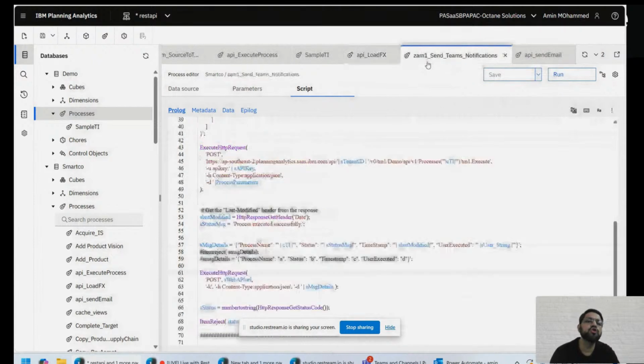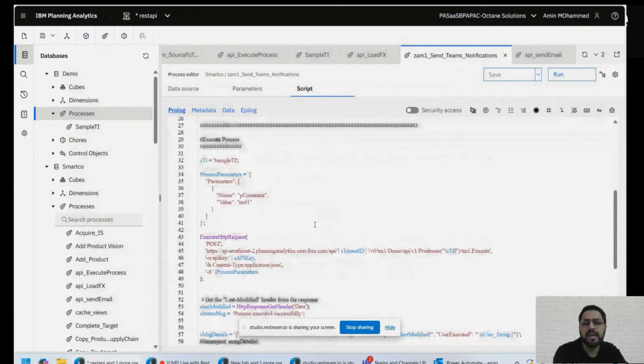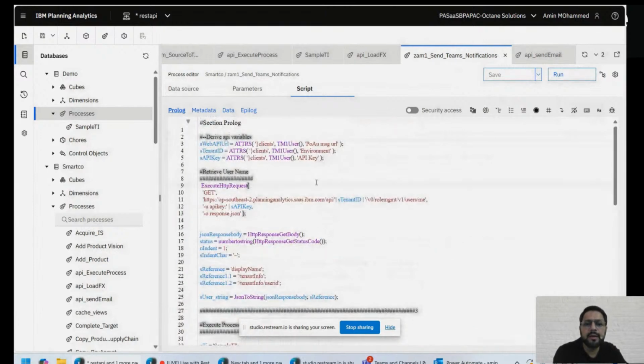Then the next one that I want to showcase is the ability for Planning Analytics to send Teams notifications. It can be a Teams message, an individual chat message, or even a channel notification sent to a channel that you may have created within your Teams. So this is where I'm using something called